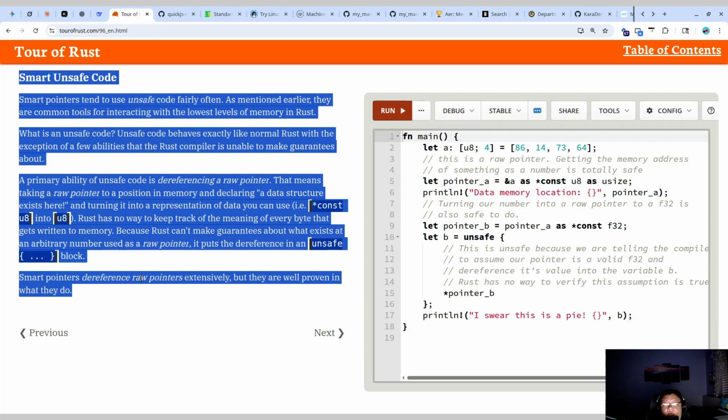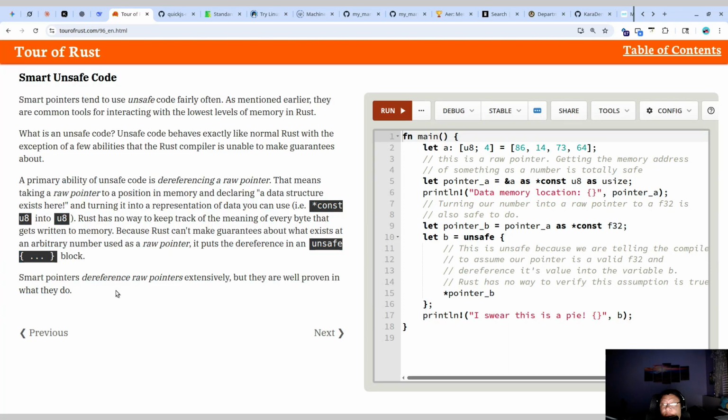Smart unsafe code. Smart pointers tend to use unsafe code fairly often. As mentioned earlier, they are common tools for interacting with the lowest levels of memory in Rust. What is unsafe code? Unsafe code behaves exactly like normal Rust, with the exception of a few abilities that the Rust compiler is unable to make guarantees about. A primary ability of unsafe code is dereferencing a raw pointer. That means taking a raw pointer to a position in memory and declaring a data structure exists here, and turning it into a representation of data you can use,